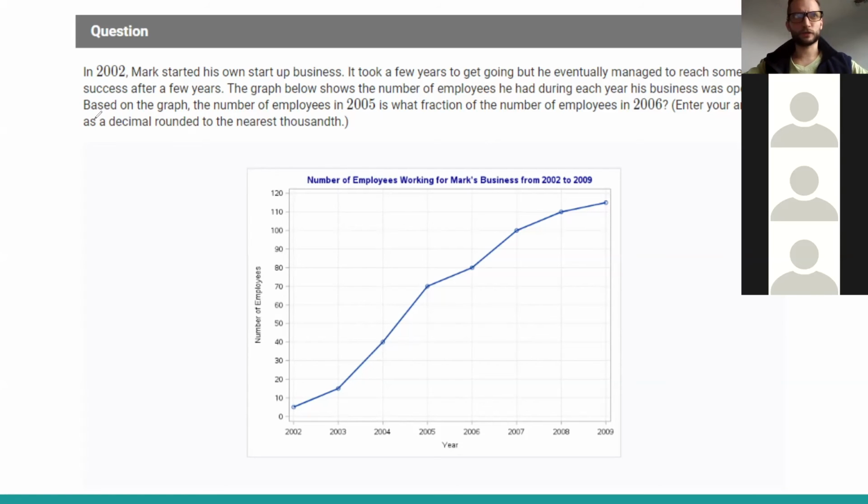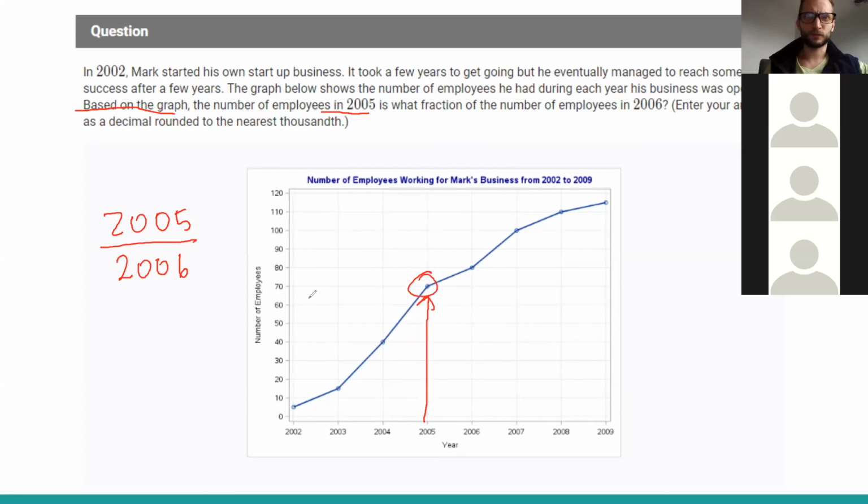All right, so let's go through this. Let me show you guys the answer. Based on the graph, the number of employees in 2005. So whichever they say first, that's your numerator. They say the number of employees in 2005 is what fraction of the number of employees in 2006? So 2005, what number is that? 70. So 2005 is 70 employees. 2006 is